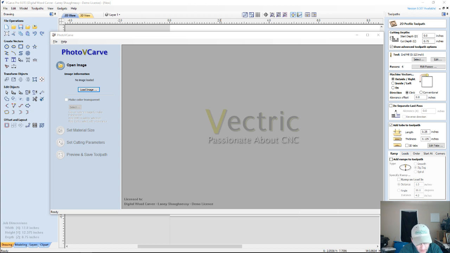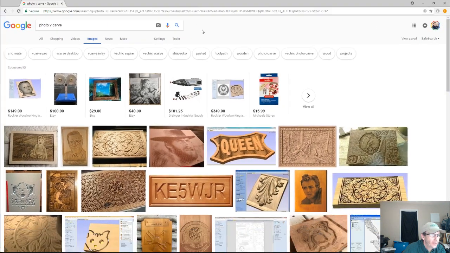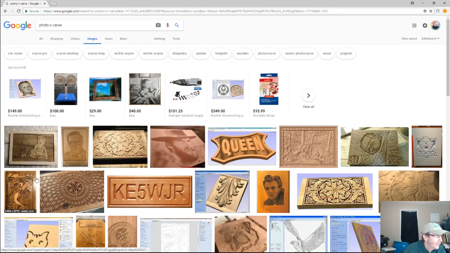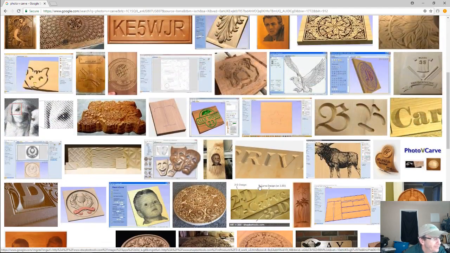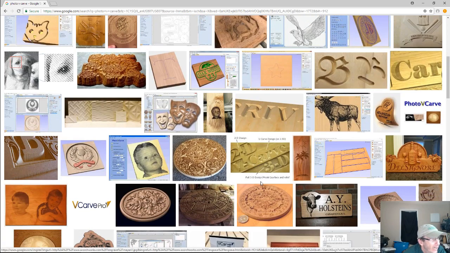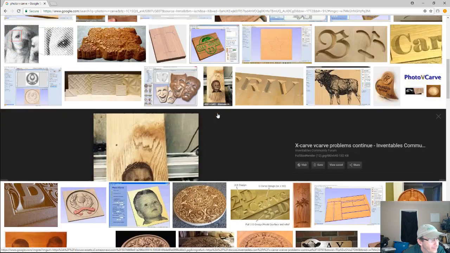Photo V-Carve. Alright, let's move this tab over onto the screen here. Hopefully I don't start buffering. Jimmy buffering. Alright. Now,